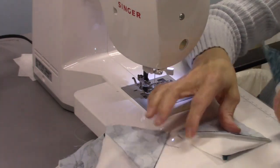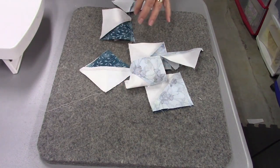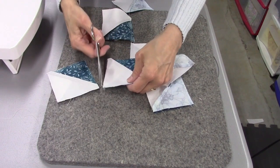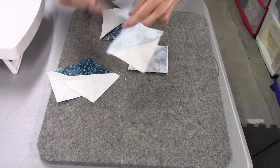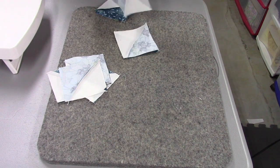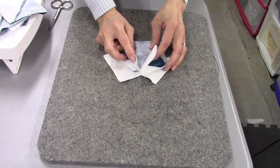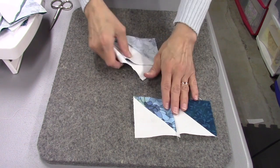So I've separated row 1 and row 2. So here's all of row 1, and I'm going to go ahead and cut them apart. And here is row 2, and I'm going to cut them apart. And I'm going to just focus on row 1 to begin with, and I want to keep them all in order,